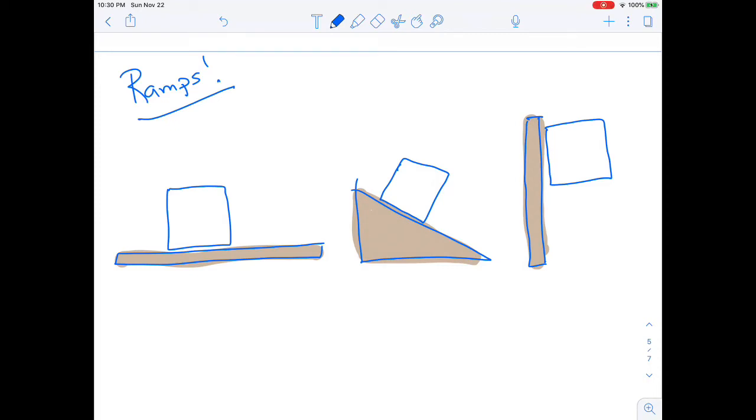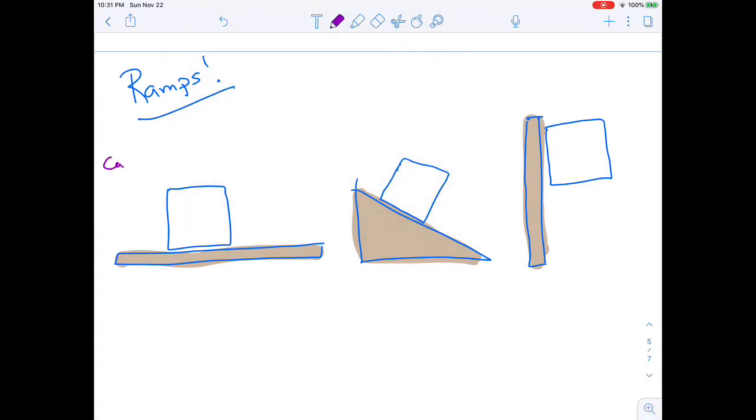Okay, so let's consider some situations where an object is not on a flat surface. The infamous type of problem is what we call ramp problems. So let's take the two extremes, and then let's get to the intermediate, which is a ramp. So in this first example